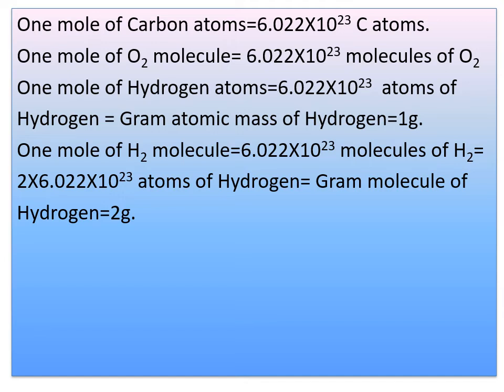To make it more clear, just listen children here. When you say 1 mole of hydrogen, it is an incomplete statement. We have to say 1 mole of hydrogen atoms or 1 mole of hydrogen molecule. 1 mole of hydrogen atom is equal to Avogadro number of atoms of hydrogen. Already I told that is 6.022 into 10 power 23 atoms of hydrogen. That is equal to gram atomic mass of hydrogen. We know what is gram atomic mass. So that is equal to 1 g.